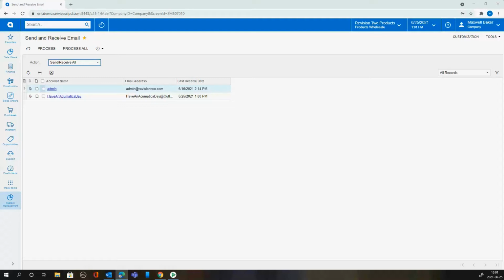Correct. Perfect. And I can send a notification to Maxwell Baker, because he gets a notification when something is attached to him. So if we want to do that, then we can. So if I go to